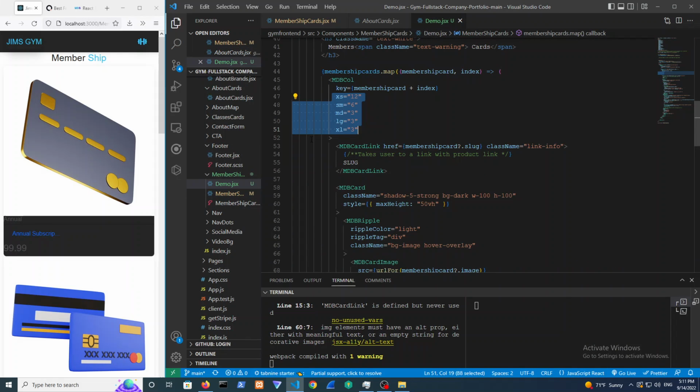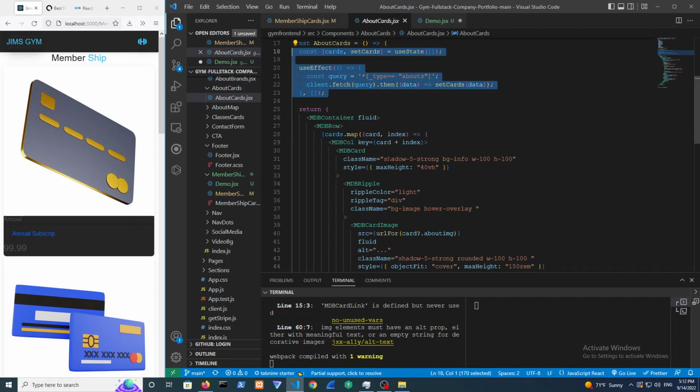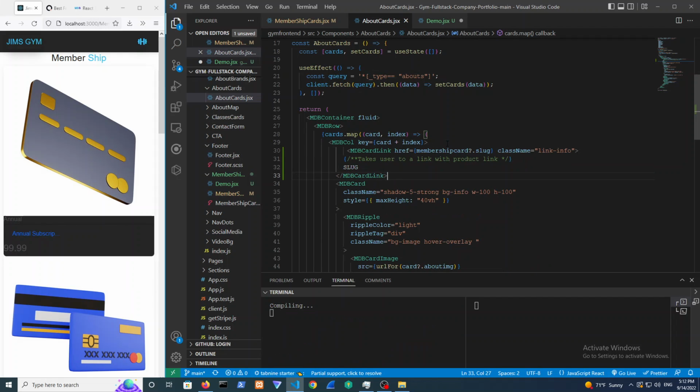Okay, I also added in a link for the slug. You don't have to do this because we're not actually going to be using this. But you can add a slug. So let me just show you an example. So if I just go into the card over here and let me just